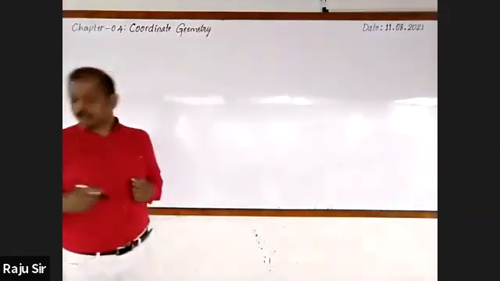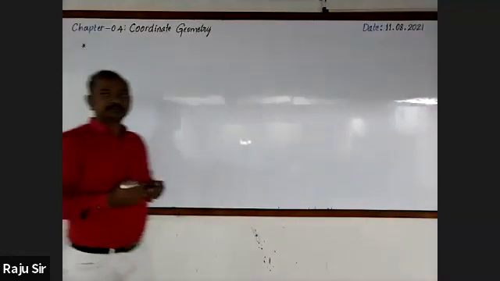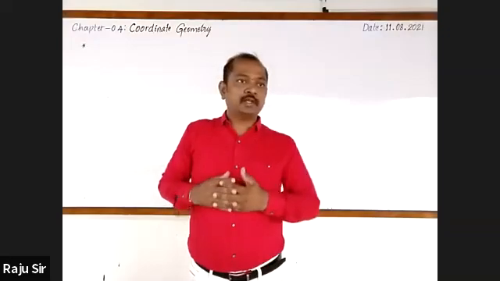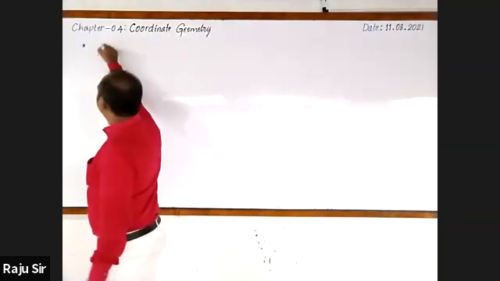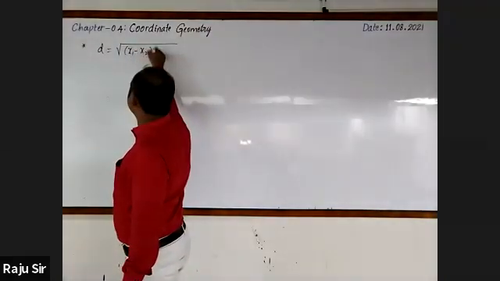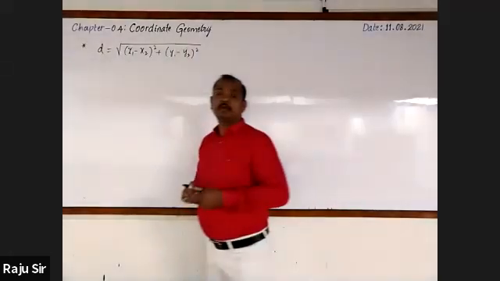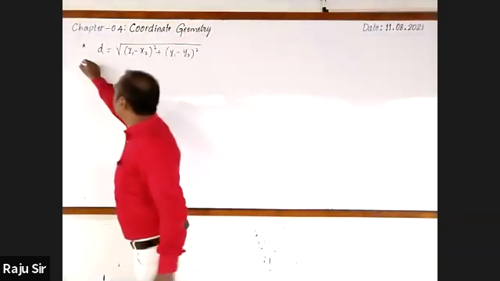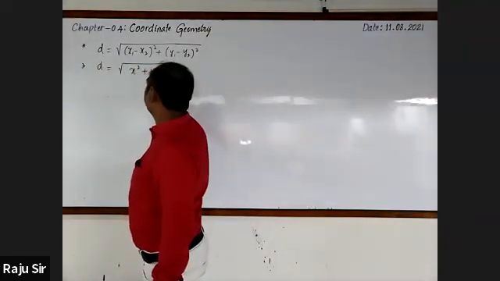And before that, let us once recall all these important formulas, starting with distance. We know that the distance formula is used to find the distance between any two points without using a scale, right? And what is the distance formula? It is d equal to square root of (x1 minus x2) whole square plus (y1 minus y2) whole square. If you want to find the distance of a point from the origin, then we use another formula, that is d equal to square root of x square plus y square.